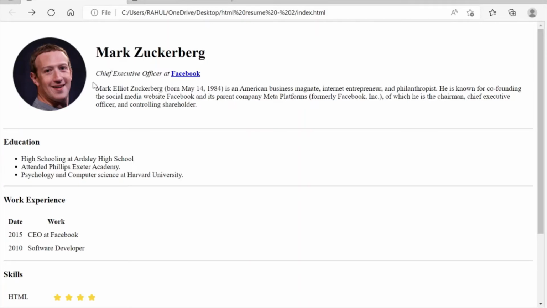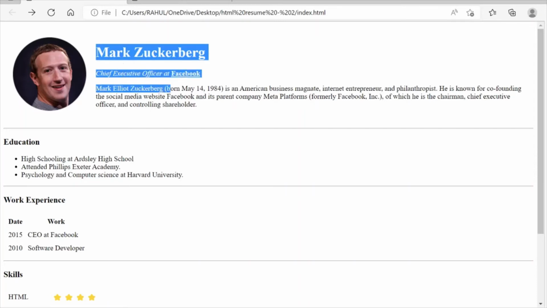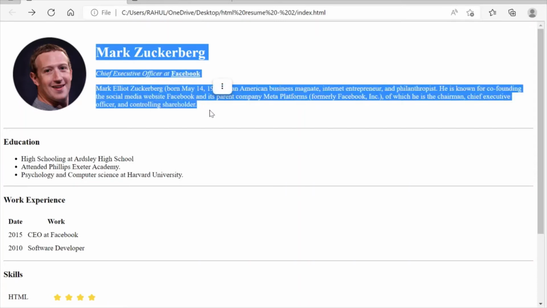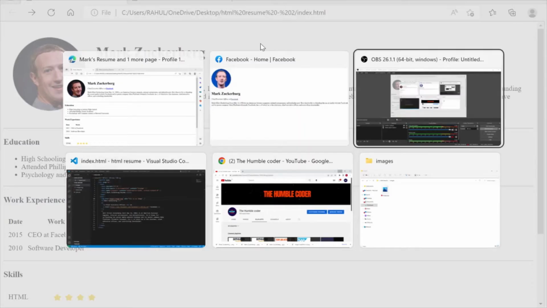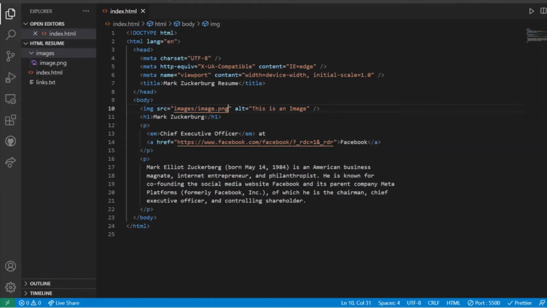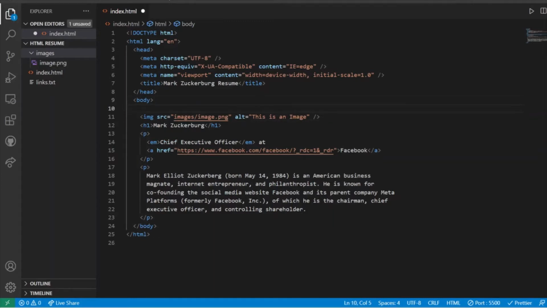In order to achieve this, we can make use of CSS, but as already discussed, we are not going to see CSS in this video, as this video is only for HTML. So we are going to make use of tables in HTML, right? We are going to create a table, and in that this image will be considered as one column and the other content will be considered as another column, and both of these will reside in a single row. So let's see how we are going to achieve this. Let's move ahead to our code section. So I am going to create a table.